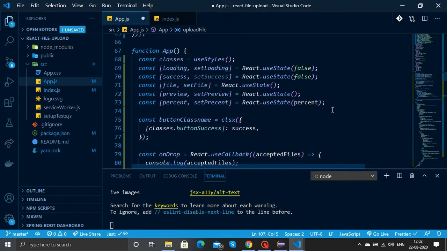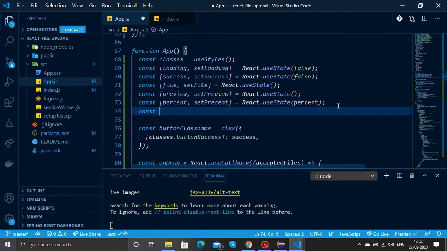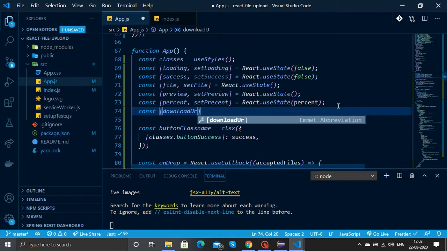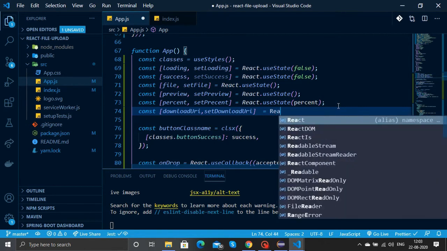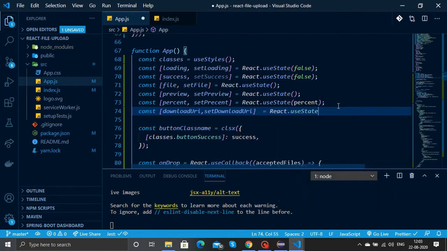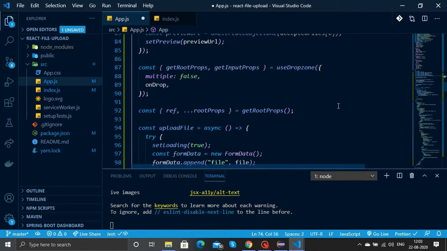Now we need to set the download URI that we get from the response. For that we'll add a new state called downloadURI and a function setDownloadURI. We'll use the useState hook, and the initial value is nothing.